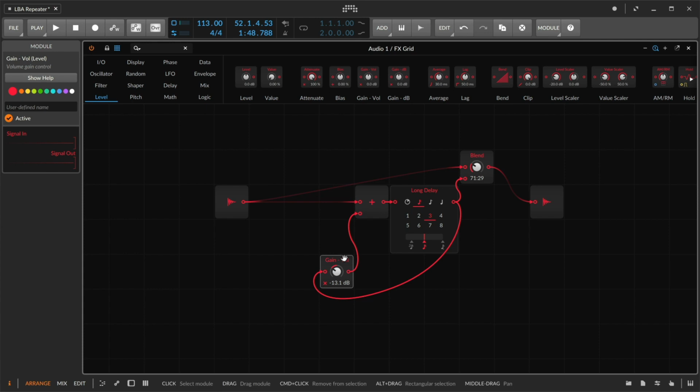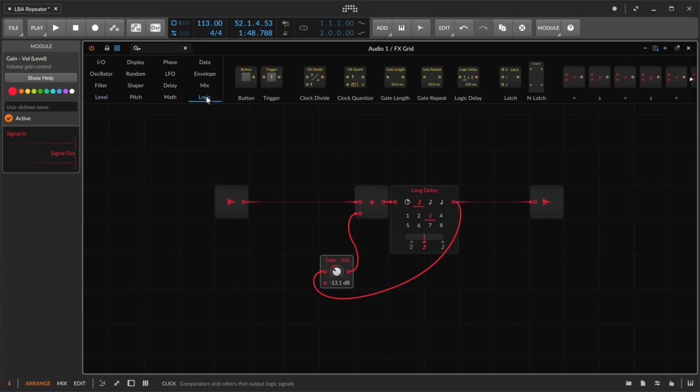Now for a repeater, it's kind of a particular dance that's going on. We don't really need the blend. We can get rid of that right now. But what we do need is to switch the input between the original signal and then flip it over to only the feedback signal when we want to repeat the sound that just went through. And similarly, we need to switch the output from the original signal to only the delay when the feedback is